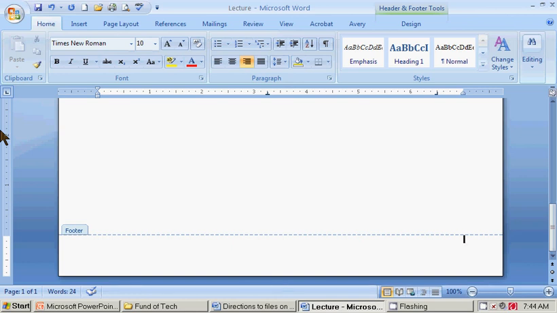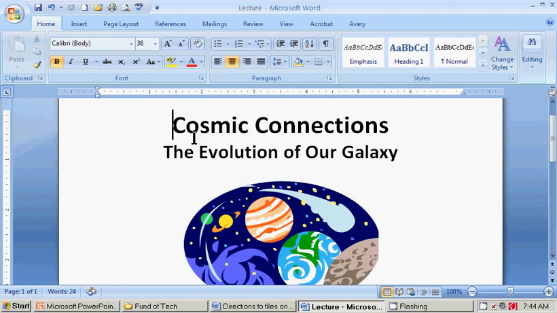Wait, where is that? Insert. Footer. Now to get out of the footer section, if you will just double click back up here in the document, the body of the document, you're back into your document. And now I want you to continue doing instructions 3 through 11. On instruction number 10, now,